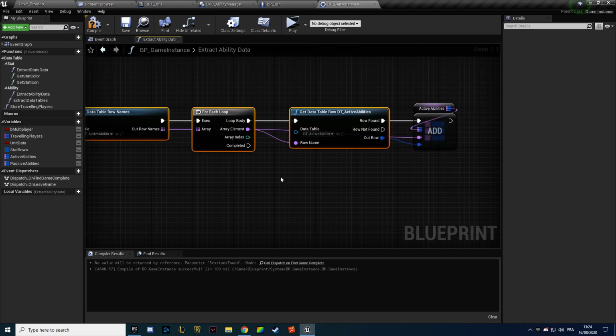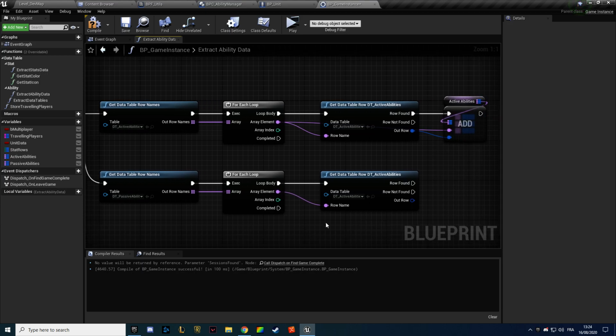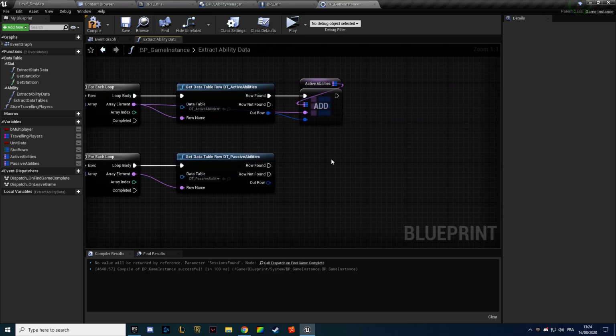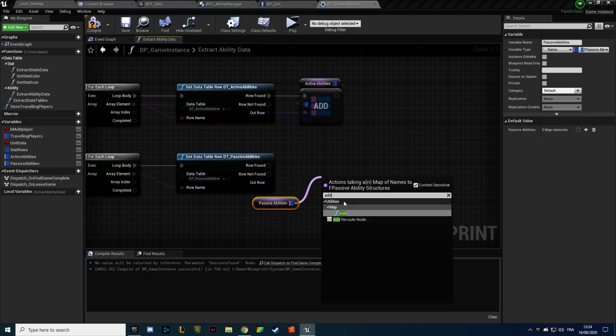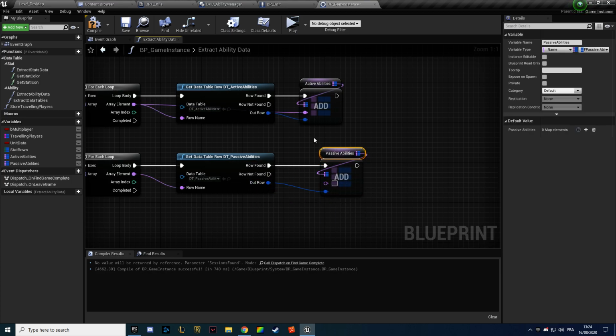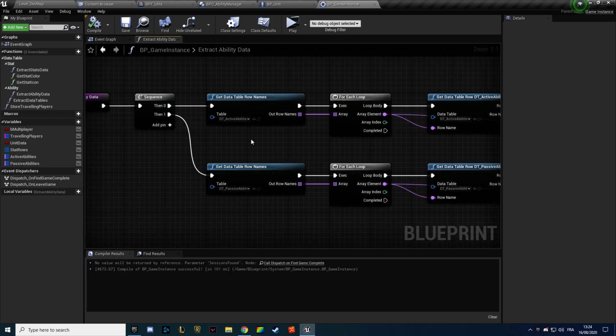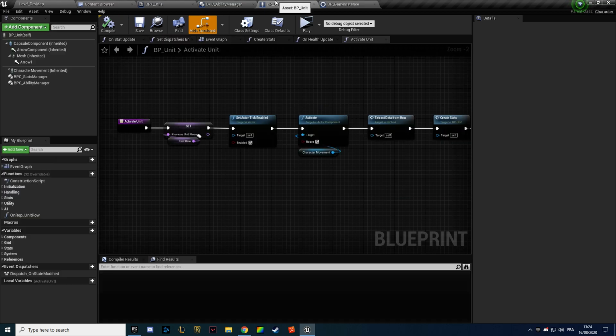And we want to do the same thing for passive ones. I pressed F5 after changing this to refresh that node. Once more, I pressed it. Okay, so